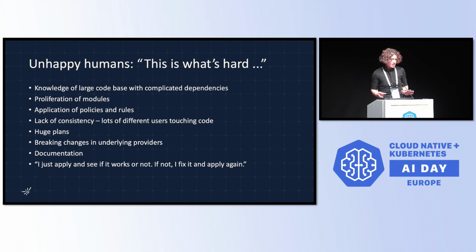I'm just going to talk about a couple of them because my time is very short here, just to give you a sense of the problem. Usually, there's a really large code base of your OpenTofu code. Lots of layers of abstraction and dependencies, because this is what allows reuse. The core benefit of infrastructure as code is let's make sure that we have consistency and reuse.